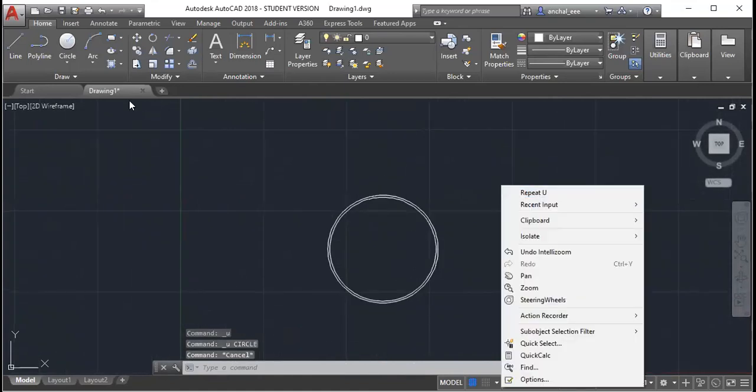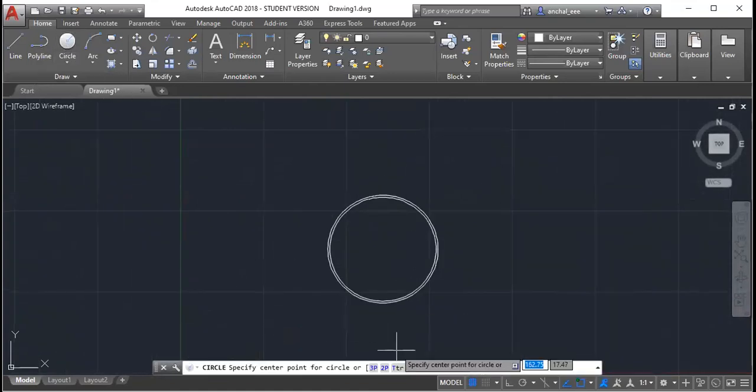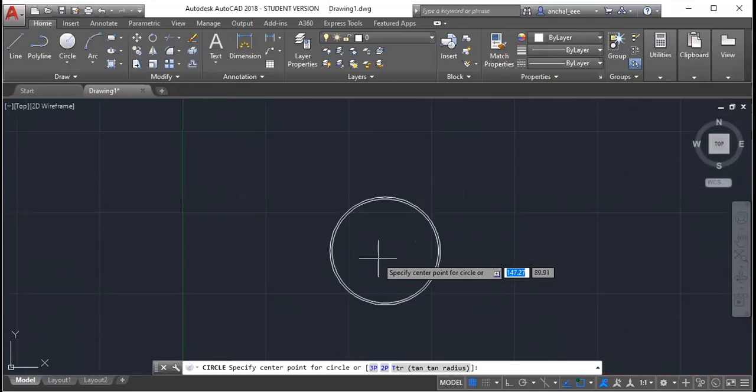So we will repeat the circle. It is not showing. Okay.